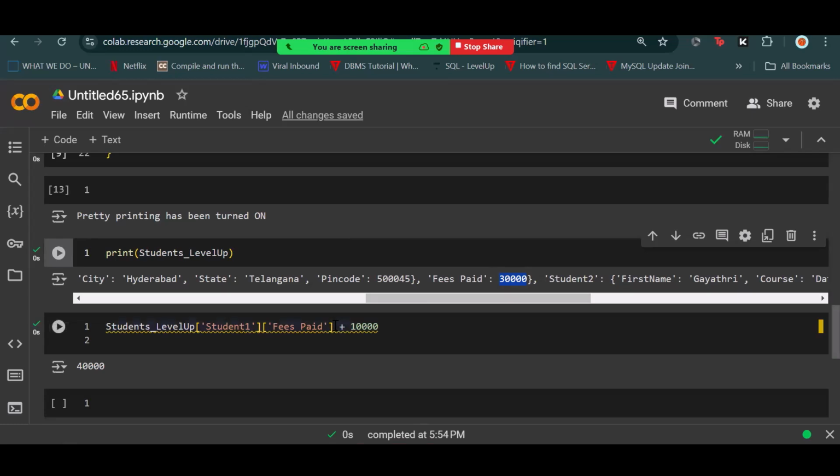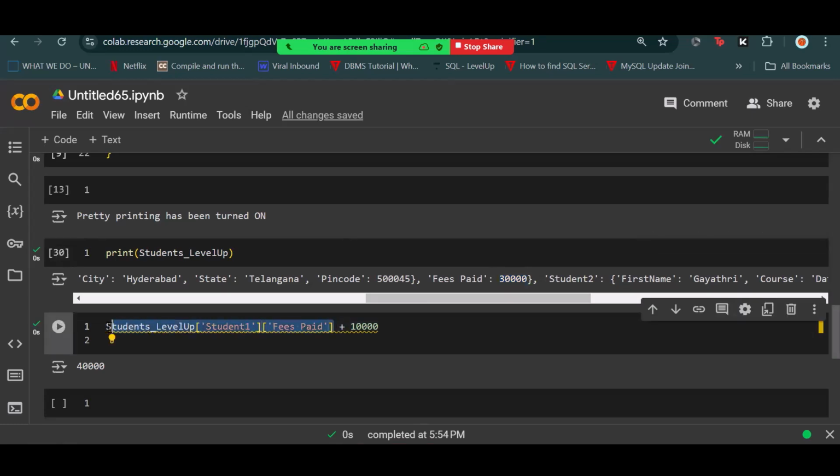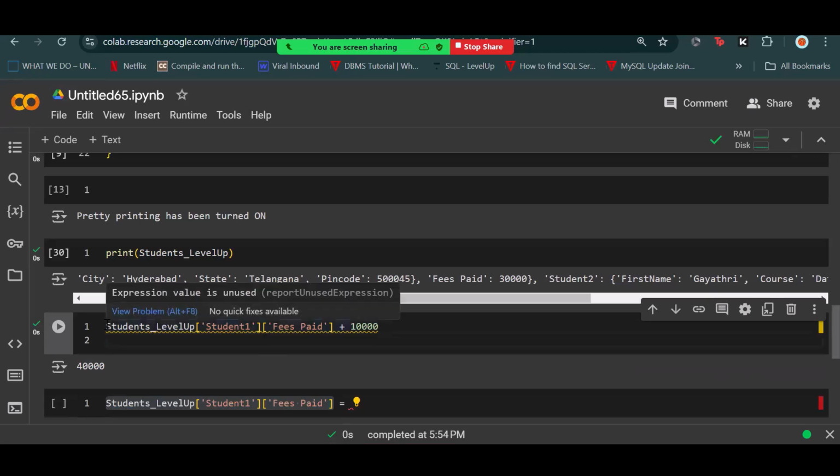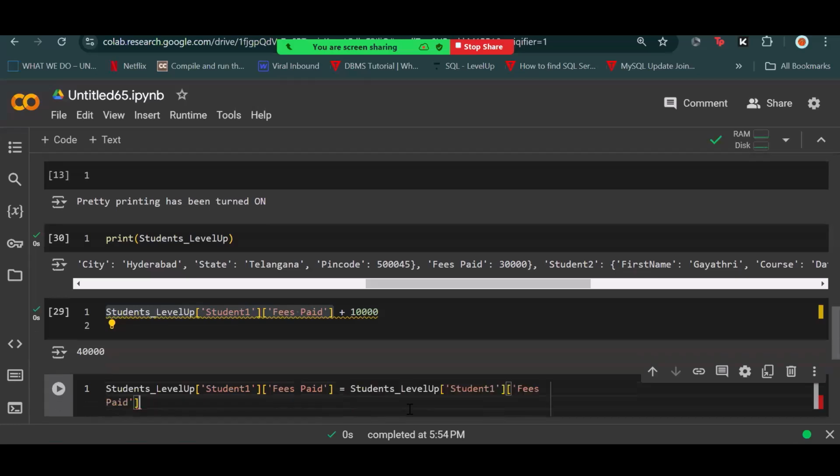So same thing I will copy. I'll copy this, is equal to, this is the location. Before equal to, whatever I'm writing, it's the location. I'm saying in this place, I want to store some value. What value do you want to store? 30,000 plus 10,000. This is the value. After equal to, whatever I'm putting, that is the value. Plus